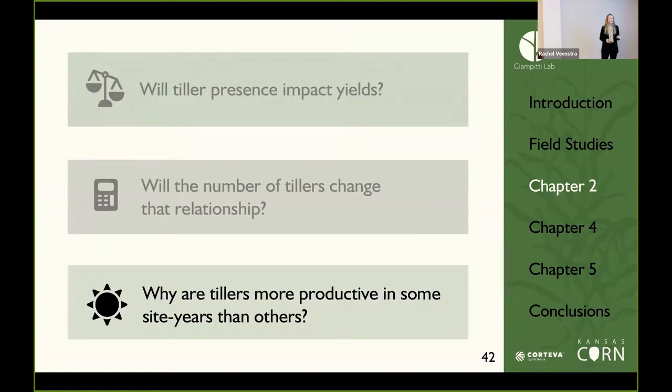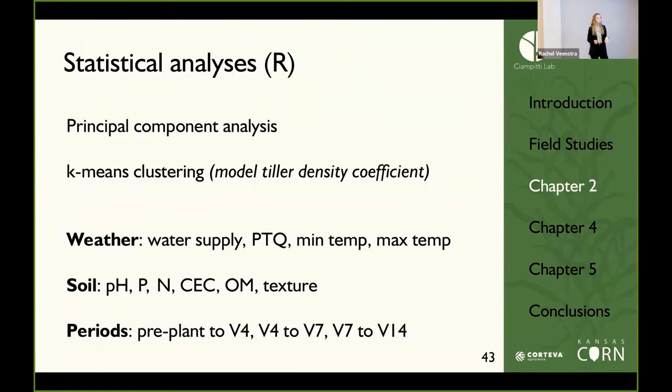Why are tillers more productive in some site years than others? So why did we see that change across environments? We conducted a principal component analysis, and our clusters were based on the responsiveness of each site to tiller density. We took the tiller density coefficient from the model that we just talked about and clustered our sites based on that. The parameters that we looked at were water supply, photothermal quotient, our minimum and maximum temperature, a range of